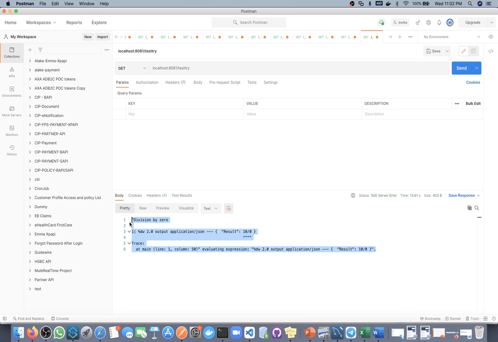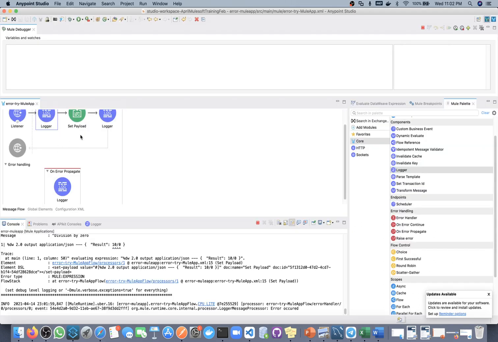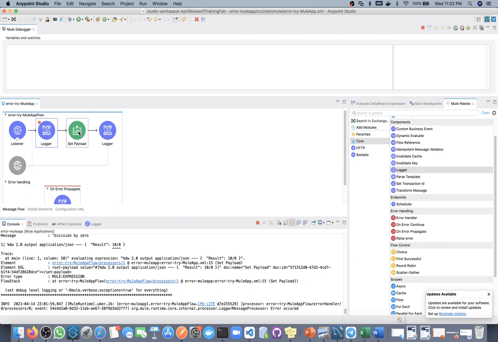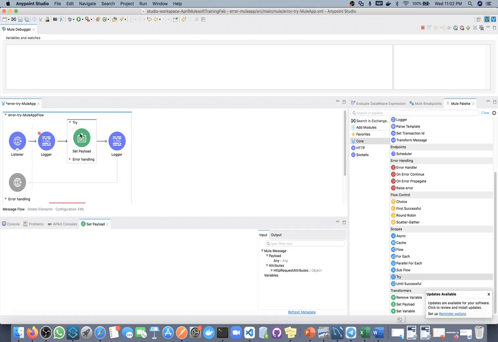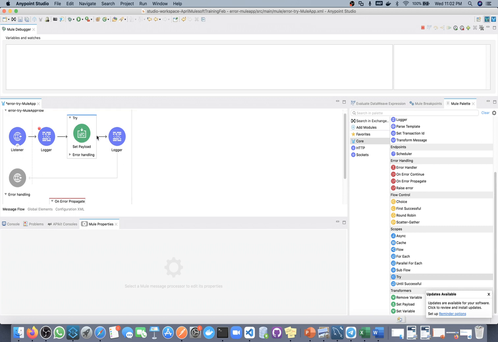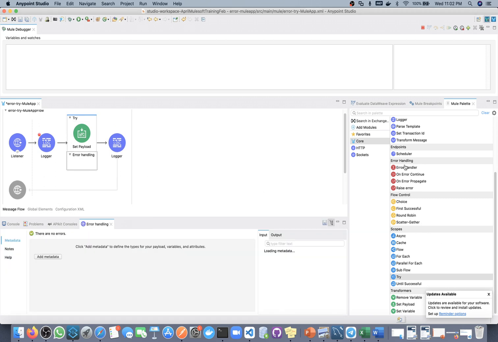But what is my requirement? Whatever activity we are processing here, where we are getting error, this is not a critical activity. Even if this activity fails, don't stop further processing. So in that case we can use this try block. So what try block will do, we will put whatever activity, it can be one activity or a set of few activities. Wherever you are thinking that even if that activity fails, you should not stop further processing, put all the activities inside try block. And inside error handling, just keep one on error continue.